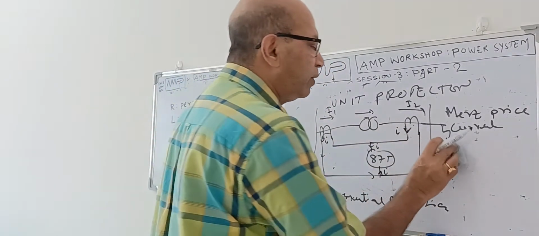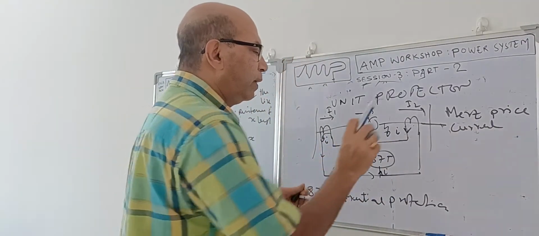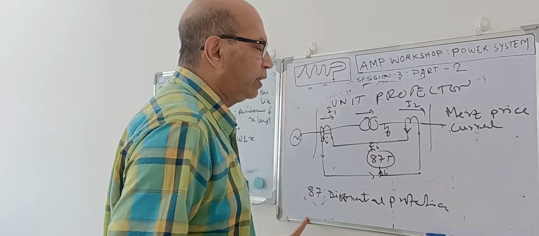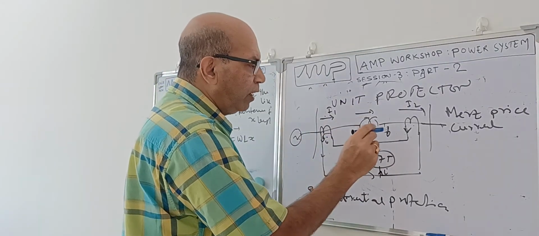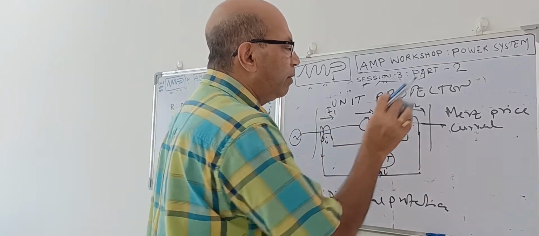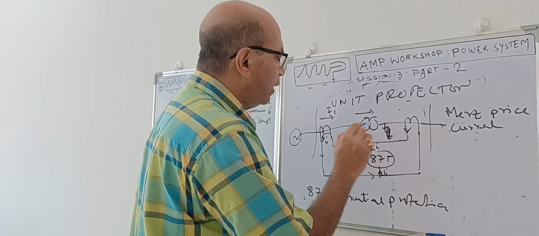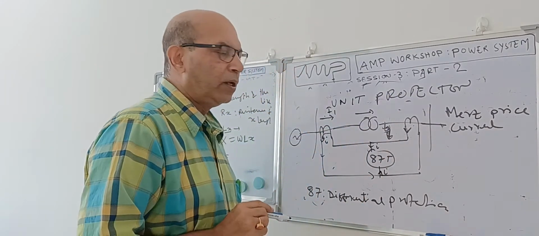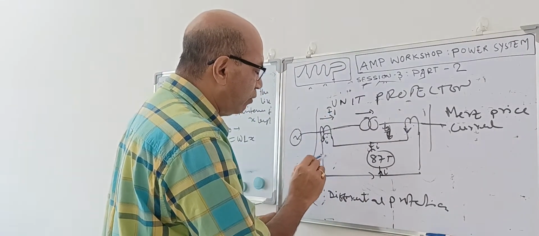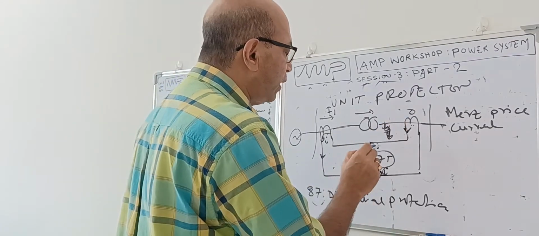But if the fault is inside, then what will happen? Suppose the fault is over here. In that case, this is the source side. Suppose a generator is connected over here; this is the source side. When the fault is over here, the current will go to the fault. But there is no current over here, because the current cannot go to the CT, as there is a fault over here. So all the current is going to the fault. In that case, this CT is seeing the current I1 and the corresponding current I will flow through the CT coming over here. But in this CT, there is no current.